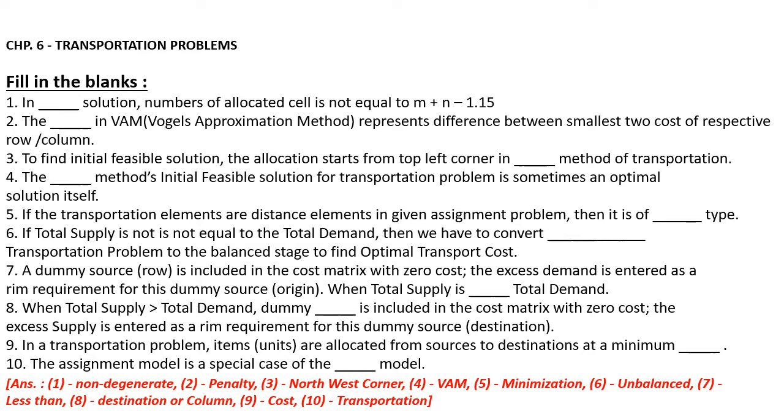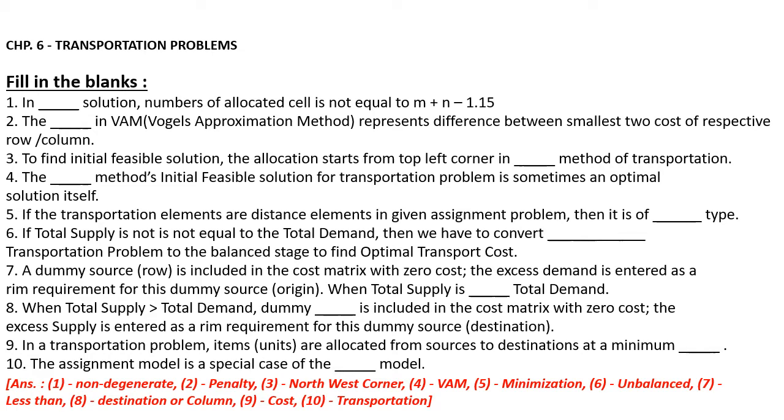The dash method initial feasible solution for a transportation problem is sometimes an optimum solution itself. Correct answer, VAM, that is Vogel's approximation method. If the transportation elements are distance elements in a given assignment problem, then it is of dash type. Correct answer, minimization. If total supply is not equal to the total demand, then we have to convert dash transportation